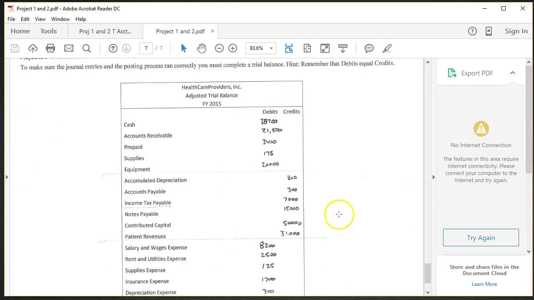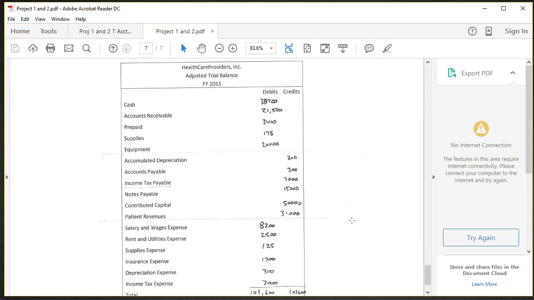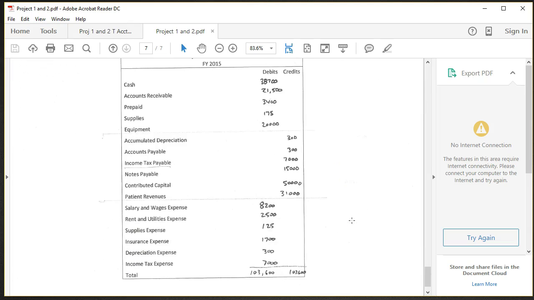Then I take those netted totals and put them in the adjusted trial balance, which you'll see listed here, cross my fingers, and add them up. So in this case, I did it a couple times. Again, if you see anything that you question, let me know about these transactions. But you can see here that we've got the two sides equaling